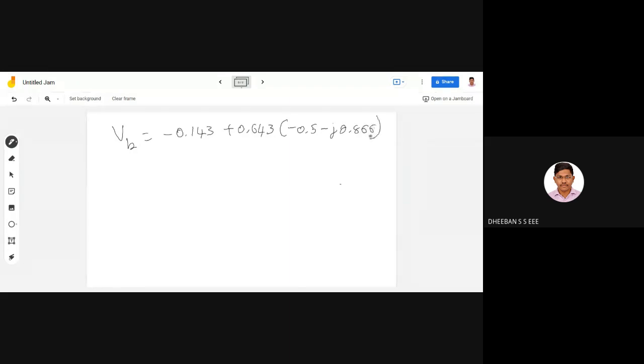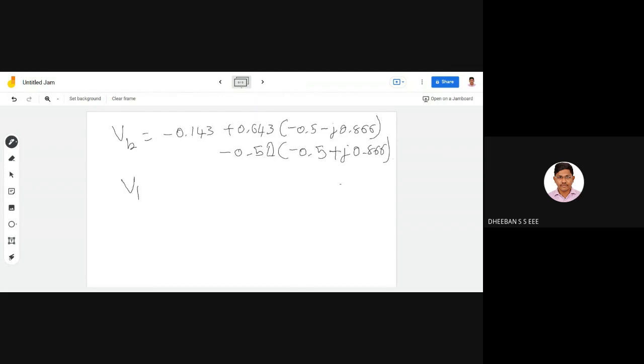Okay, and after that it will be minus 0.543, 0.5, I think it is minus j 0.5 into minus 0.5 minus j 0.866. So this becomes plus. Okay, now we have to solve this,